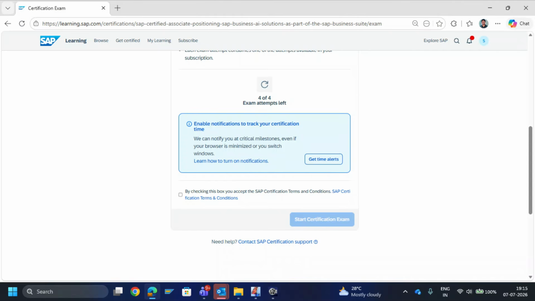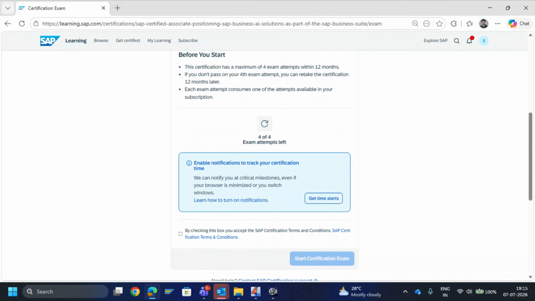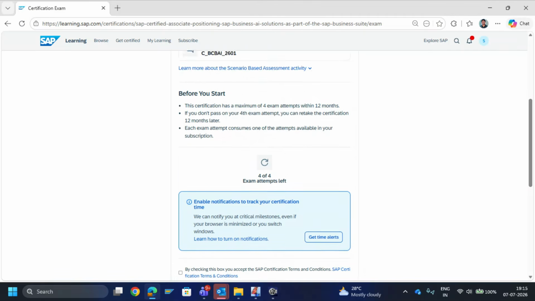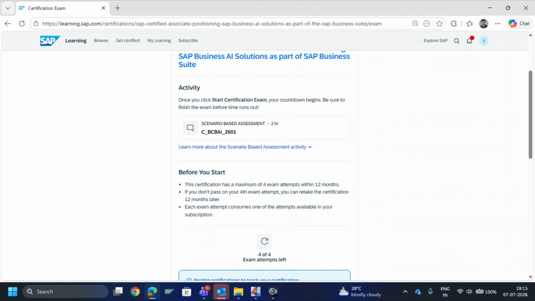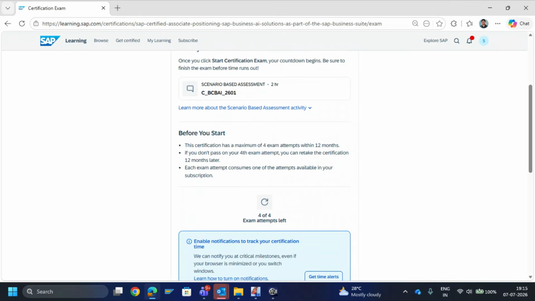So this particular 2 hour window is only one attempt that will be considered for this exam. In this time frame of 2 hours, you can take n number of attempts until you succeed or maybe pass this exam. Okay, and once you go through the notifications over here,